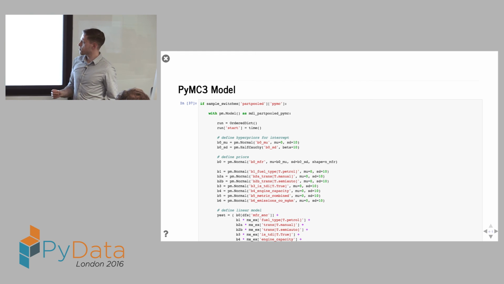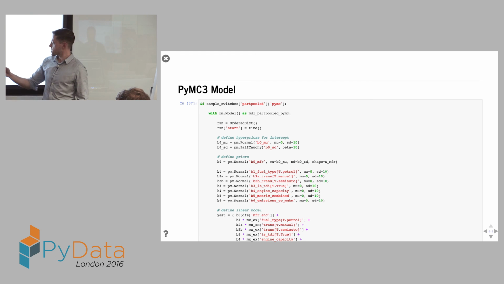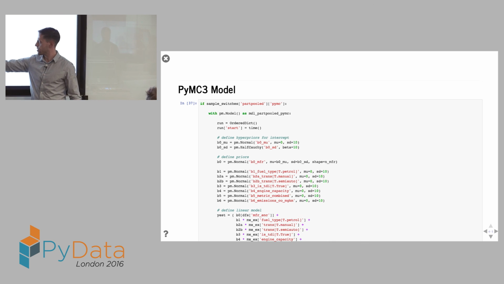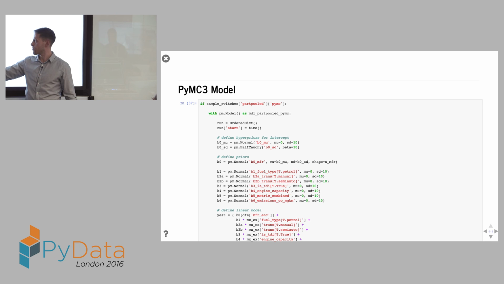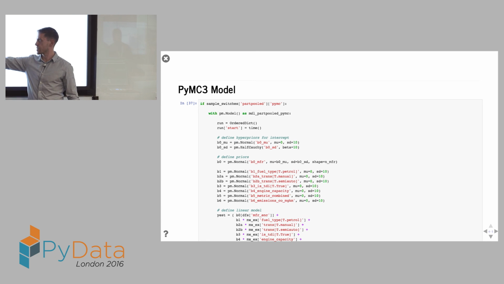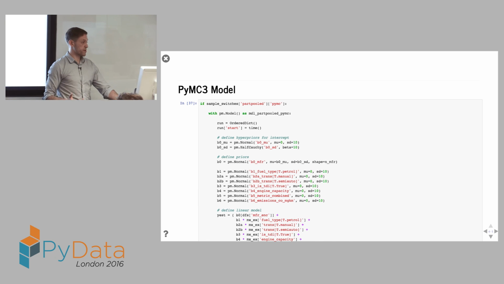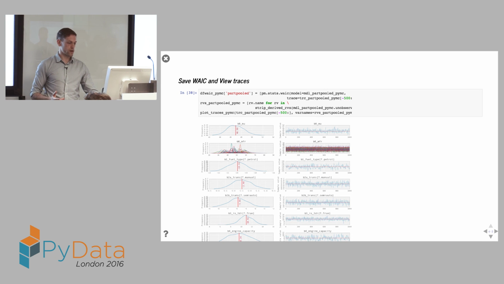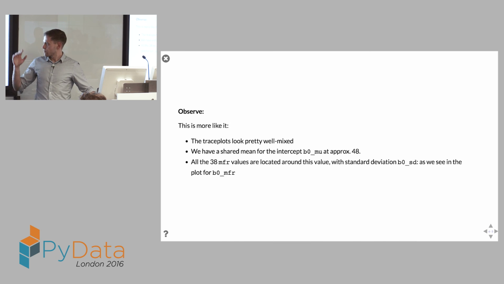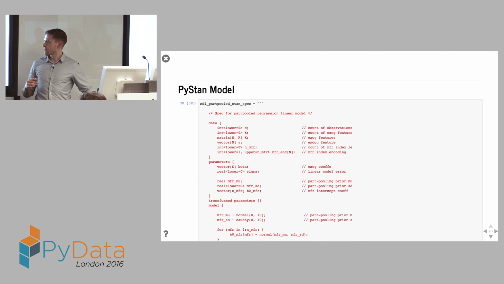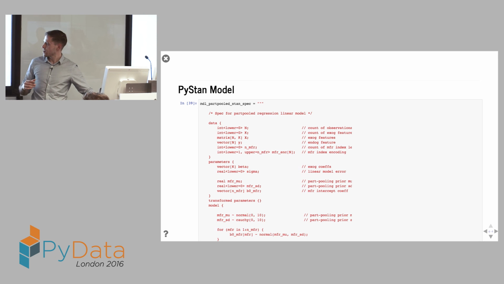In PyMC3, that looks, again, still quite nice. We just declare that the mean and standard deviation of this prior have come from something else, and we declare that something else above it. And that's pretty much it. Quite compact. We run that, we find some stuff. I won't focus too much on the actual outputs of this.